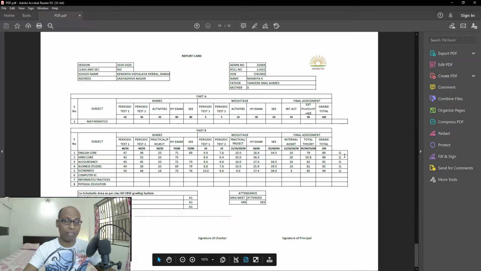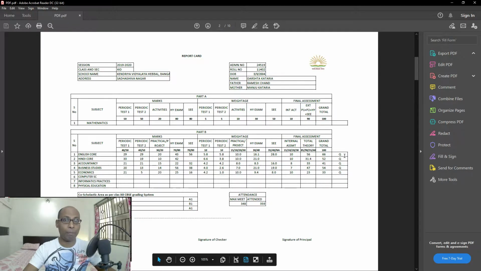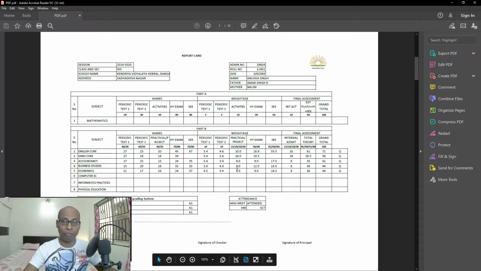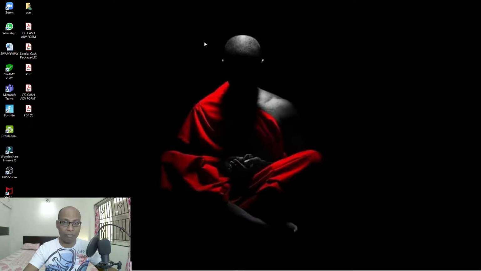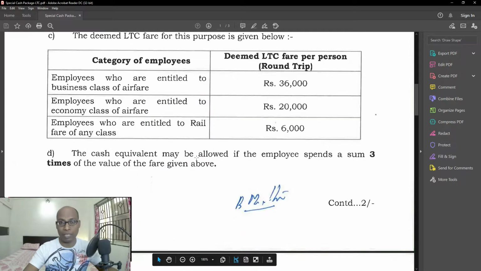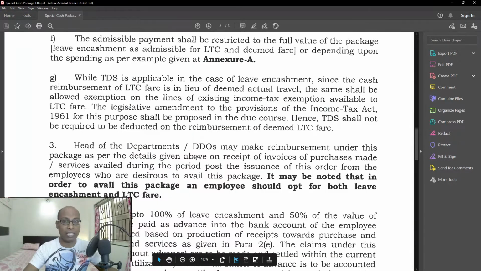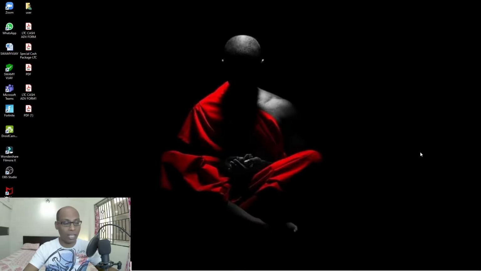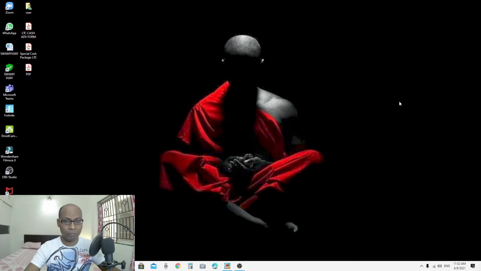But if somebody sends you a PDF file, or an application in PDF format, and asks you to fill it and send it back in PDF form, then it would be very difficult for most of us, because it's not easy to edit a PDF document or to write in it. And most importantly, if they have sent so many pages and you want to take only one page from the PDF document, then it would be more difficult.